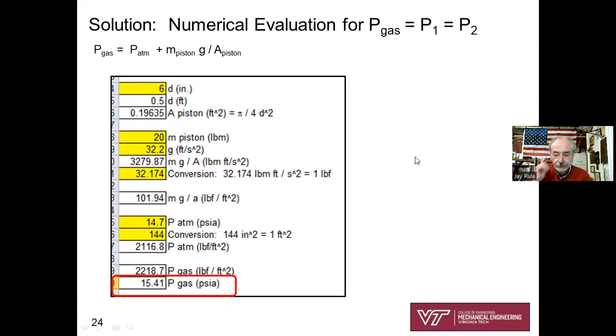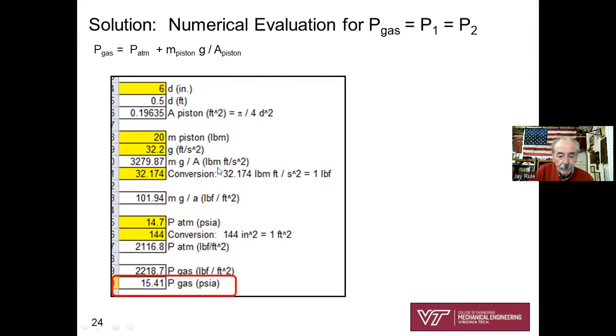Okay, numerical evaluation. So very similar. So here's P of the gas. We've got P atmosphere plus mg over A. Wow, we've got to do some numerical work to get this numerical result. Diameter, I switched it to feet. 6-inch diameter is 0.5 feet. Then I go to the area, pi over 4 d squared. I write down the mass of the piston and g with my units. I calculate mg over A because that's one of my downward forces. And I get this big number,